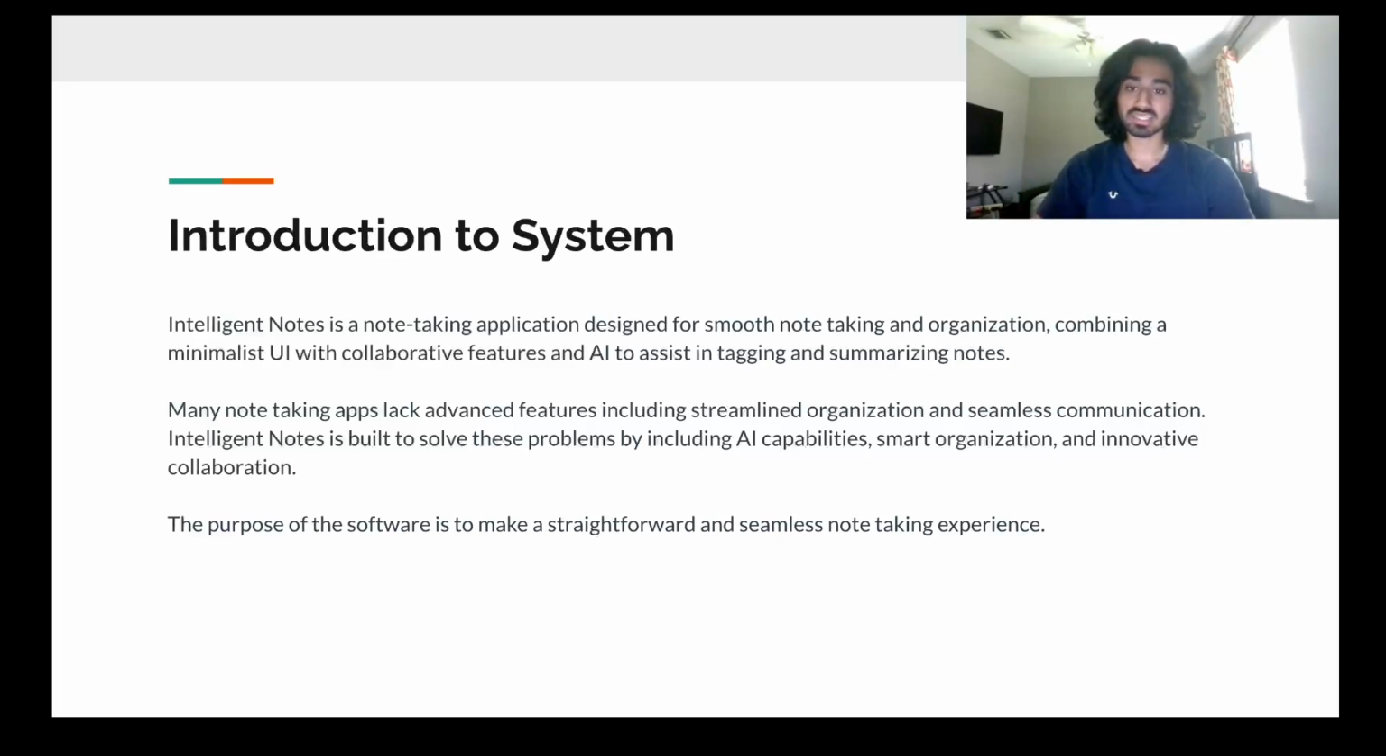The whole point of Intelligent Notes is that by using AI, by using smart organization and innovative collaboration, we are able to create a very streamlined organization and a very simple way of doing note taking. And a really important point to make is that it is very easy and accessible for people even of older age, people that are not used to using apps like this, or people that are just not super accustomed